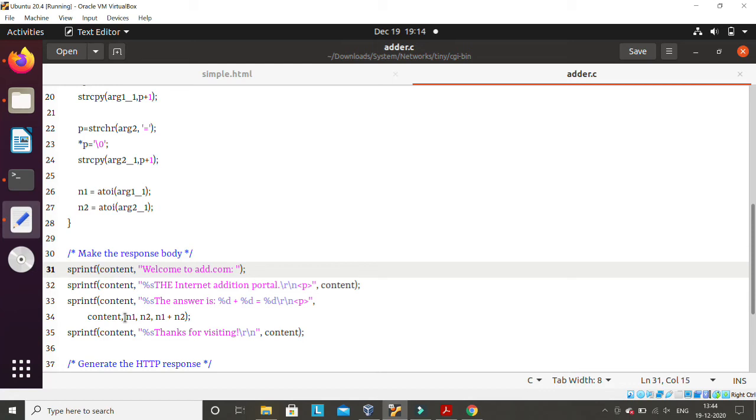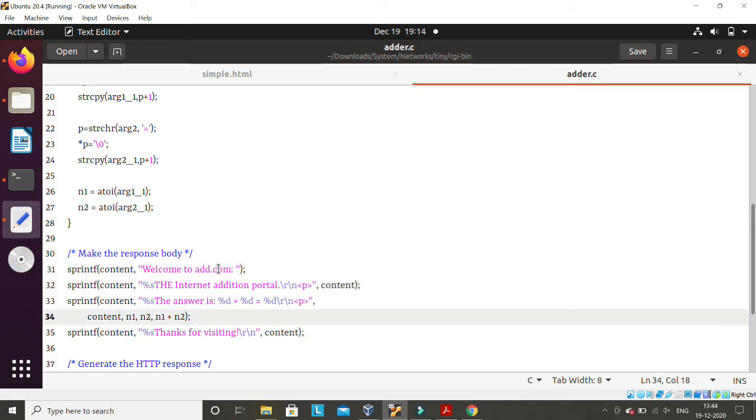Every time you request for header, this content string will be generated here in this server. This is an html thing, and then this html thing will be sent to the client, and the client is displaying it. But generating this html thing is dynamic, right? Every time you call the header function, it will create a new html thing.